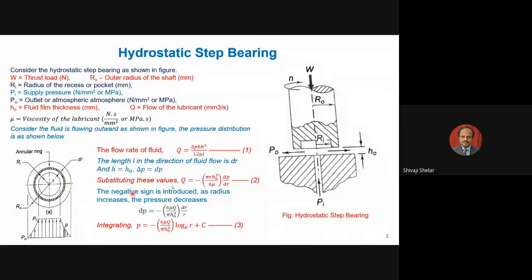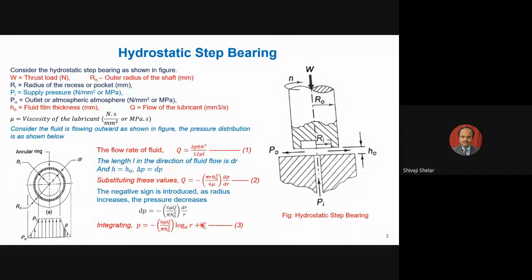Then since it is now flowing through a rectangular channel, there will be restriction to the flow. So what will be happening? As there is a restriction to the flow by fluid friction and other friction, the pressure will drop there. The gauge pressure of that lubricant will drop there. So as your R changes from Ri to Ro, there will be a pressure drop here, and at the outside radius Ro, the pressure will be equal to Po. The gauge pressure equals Po, and sometimes this gauge pressure will be equal to the atmospheric pressure, and atmospheric gauge pressure is considered as zero pressure.